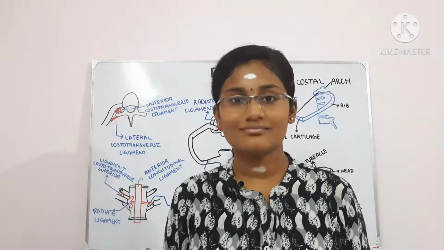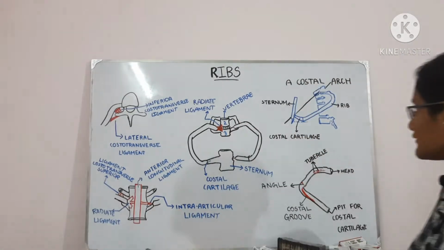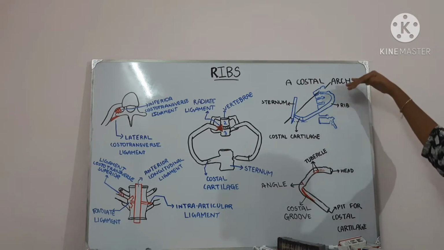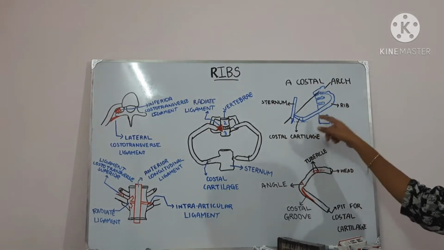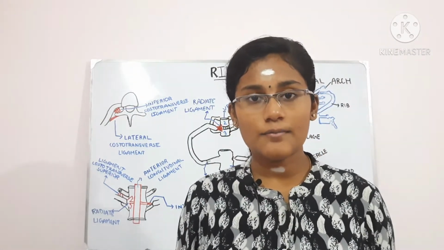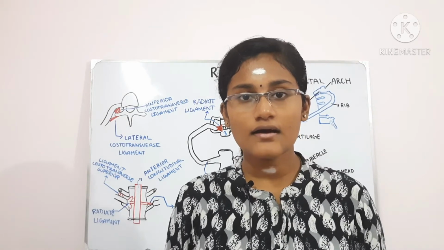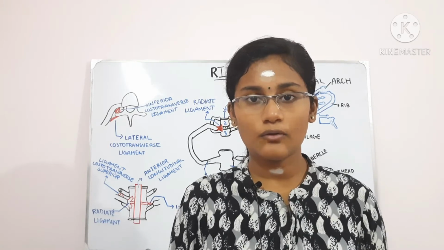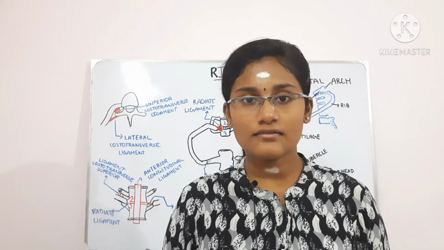Okay, the ribs are placed obliquely, as you can see in this diagram. This is the obliquity of the ribs. Okay, so they have an oblique angle like this. So the ribs are placed obliquely, and the obliquity of the lower ribs is greater than the upper ribs, and so on. The obliquity goes on increasing until the 9th rib, and from the 9th rib to the 12th rib the obliquity gradually decreases.